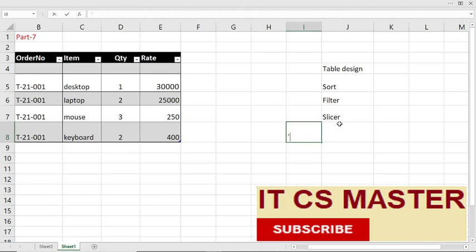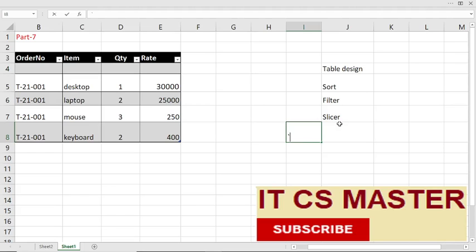Filter is used to display only the rows that meet our condition, based on the criteria we have provided to filter data.